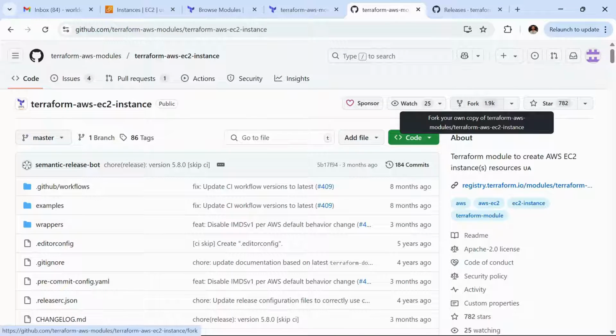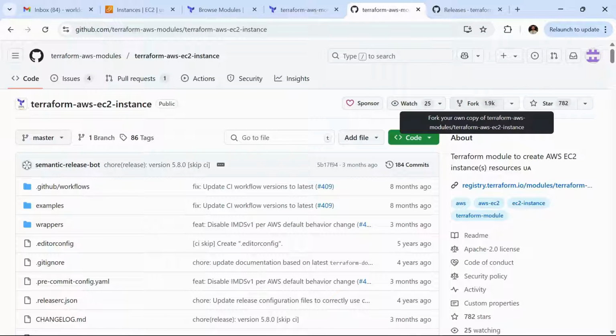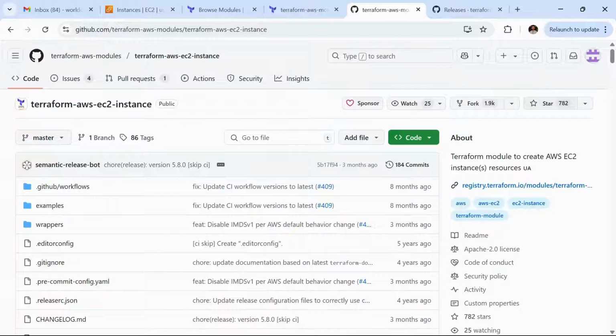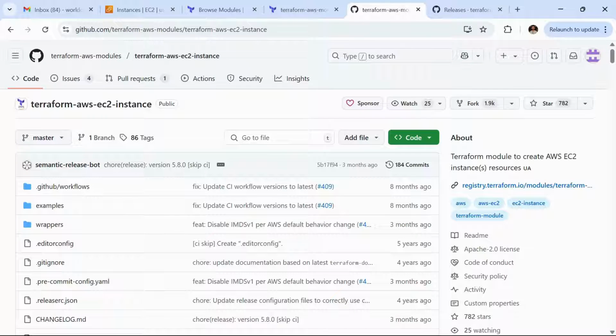It means this many people have forked this repo, and this many people have given a star rating to this module. You can also give a star rating if you like this module, so that people can understand that this module is good and we can use it for our organization and for our use cases.